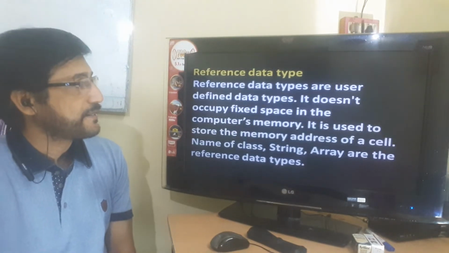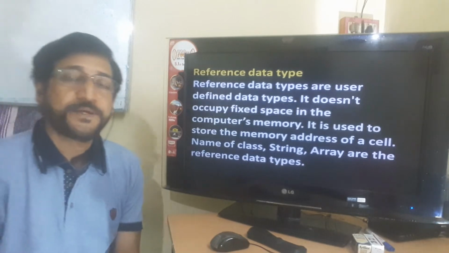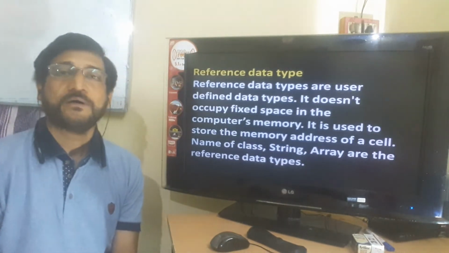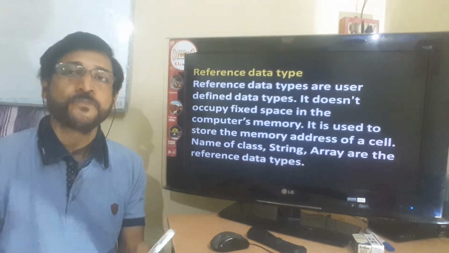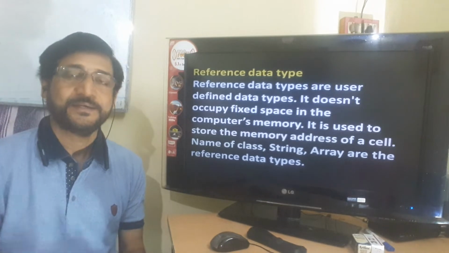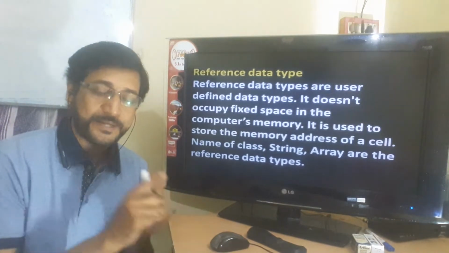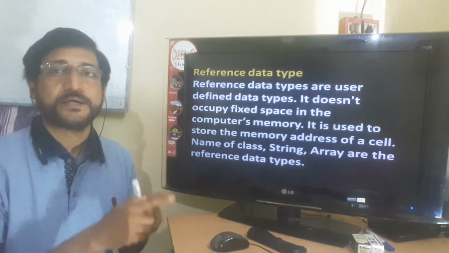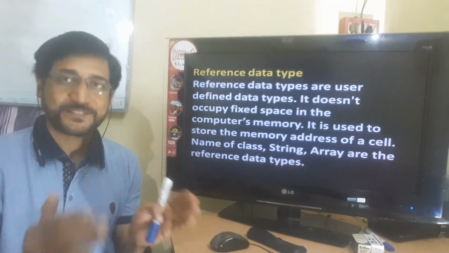Reference data types are user-defined data types. They do not occupy fixed space in the computer's memory, because suppose one class declares 3 variables, another class declares 4 variables, and another declares 5 variables. When the object of a class is created, the data type of the object is its class name, which is known as a user-defined data type, and it does not occupy fixed space.